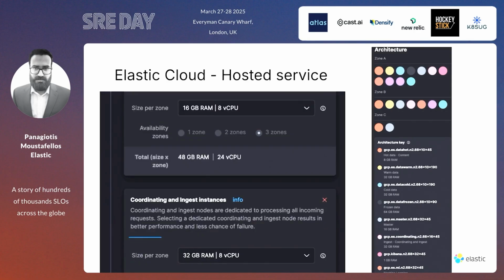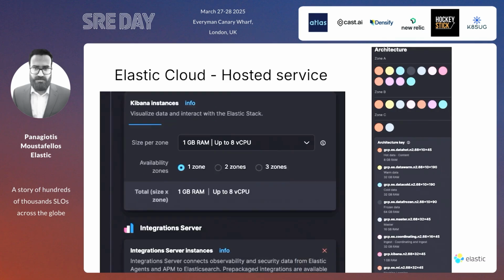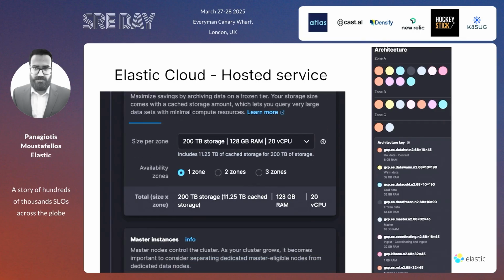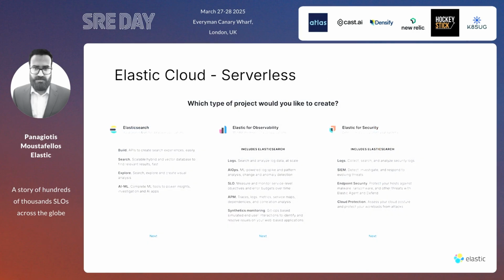One of the main pain points of customers has been that they more or less require a center of excellence around Elastic in order to be able to operate at scale. So we thought about solving that by providing a new type of offering. We call it the serverless offering, where we just provide you with 3 options, 3 current verticals by Elastic, and you select the type of project and you get started. It's search, observability, or security for now.